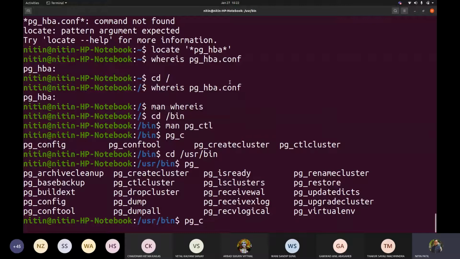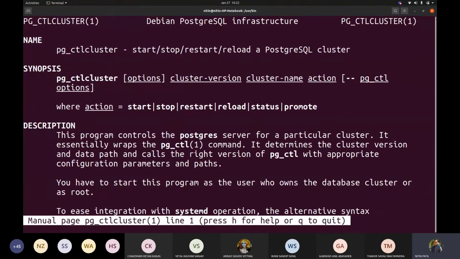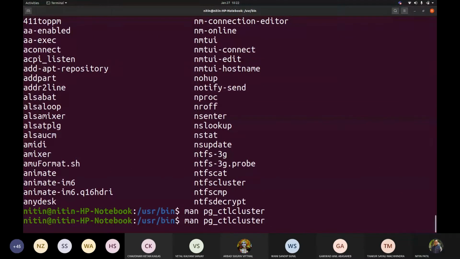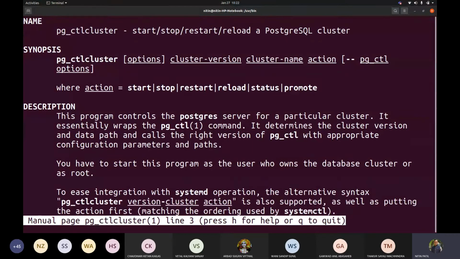I assume you have gone through this documentation, because I thought you must have gone through it. How will you start the server? How will you start the server if I have to start it? Because it is mentioned in the documentation how exactly you are going to start and stop. So if I write pg_ctlcluster, what way should I write? Action would be start, stop, reload, whatever. Correct. But then how should I write?